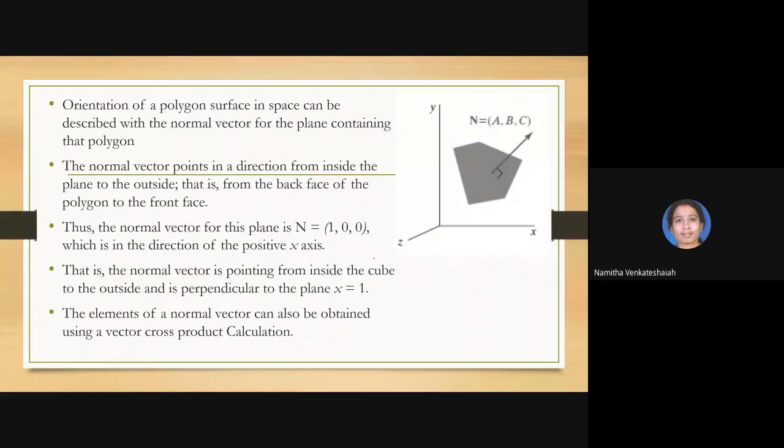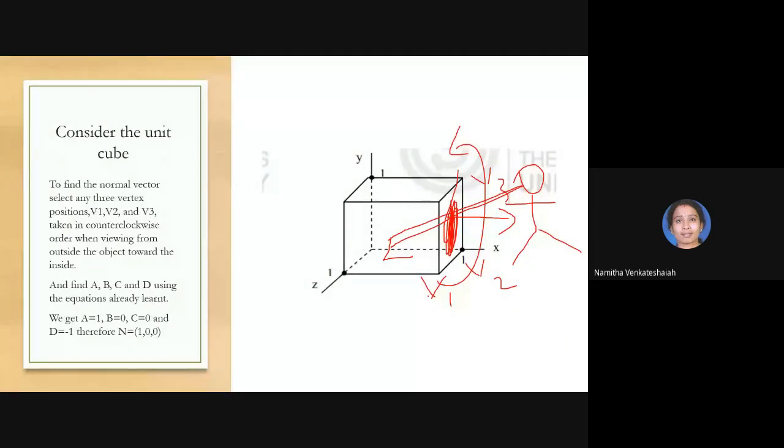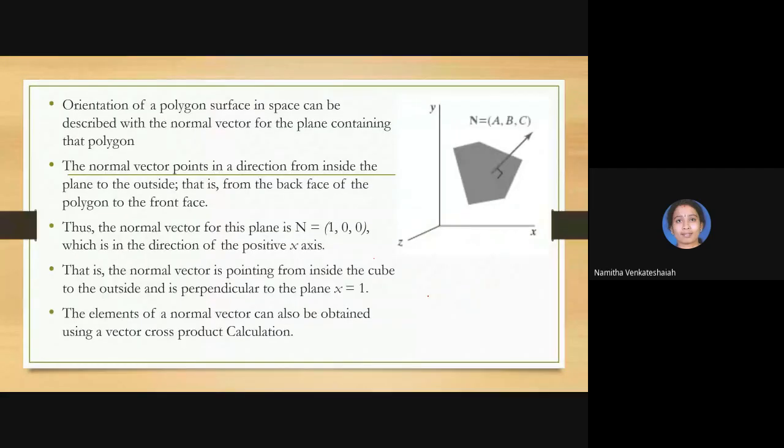So you have another way to obtain this normal vector. What does this diagram indicate? It shows how it actually looks when you are viewing. If you view some 3D object, the entire cube will not be visible, right? Only one surface will be visible. So this is the visible thing. The normal vector will be the A component, B component, C component. Here we obtained A to be 1, B to be 0, C to be 0, so the normal vector will be 1, 0, 0.